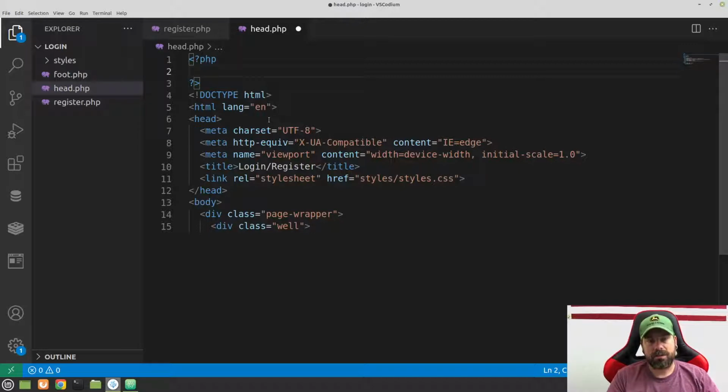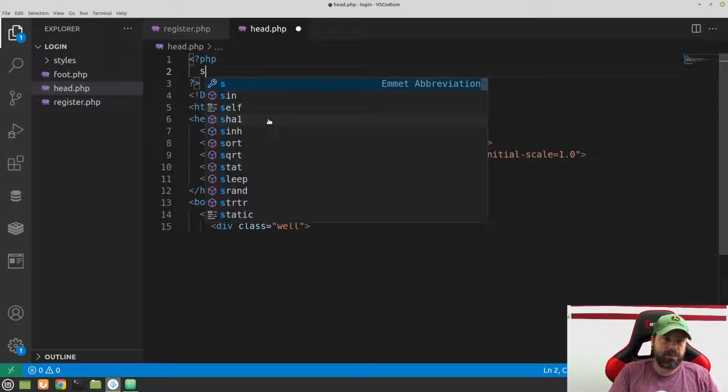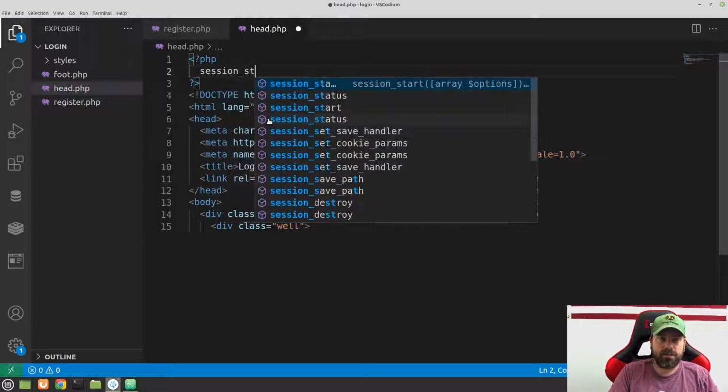Now what session start does is we need to track sessions between users in PHP. So what's going to happen is the server is going to create a unique ID for the visitors of our website, and it's going to store that as a cookie, and I'll show you what that means in a minute. But it's just a simple function. You want to do this early on in your file's execution. So what we do is we just type session_start,